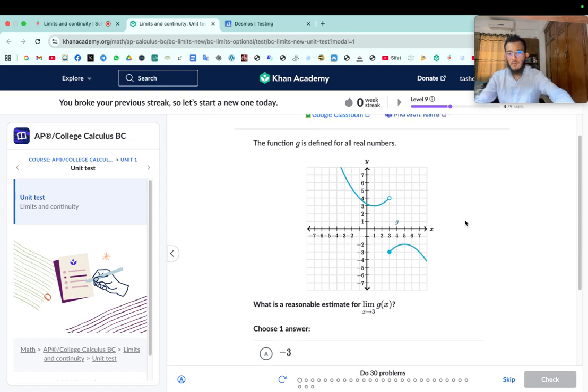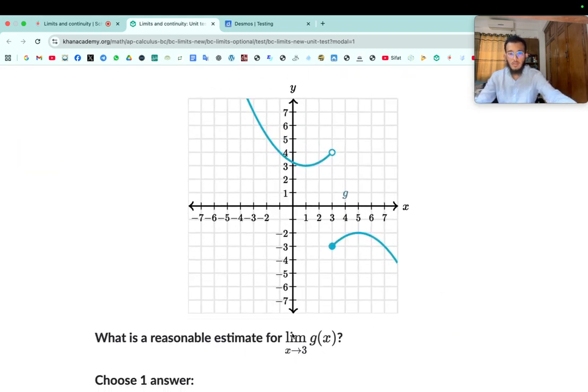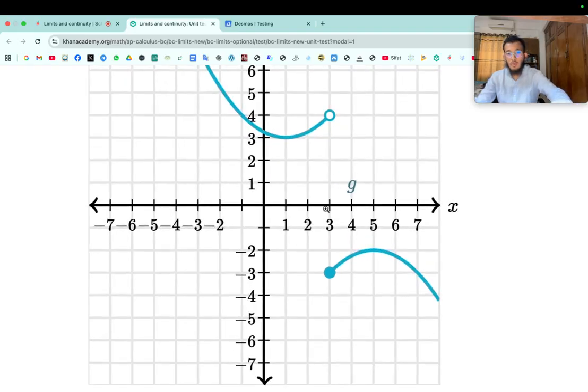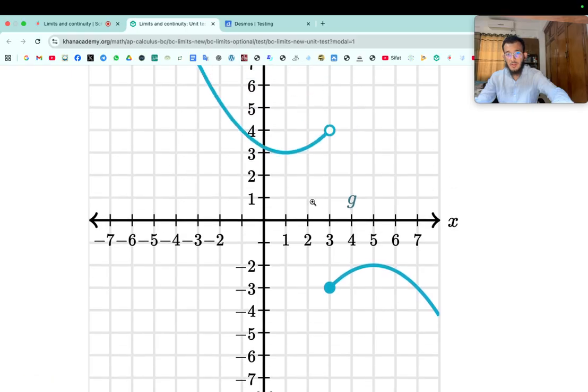Question. Function g is defined for all real numbers. What is a reasonable estimate for the limit as x tends to 3 of the function g(x)? Well, the problem is, in order to find the limit, we have to check first the limit from the left side. So when we do so, we find it approaching positive 4, but from the negative side, we find it